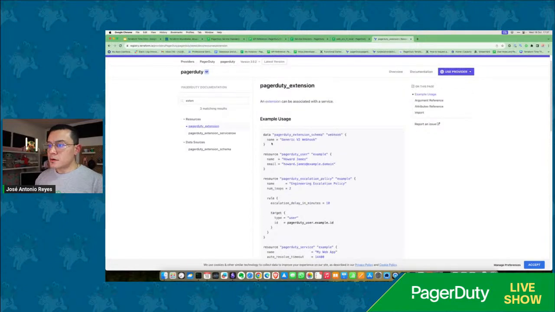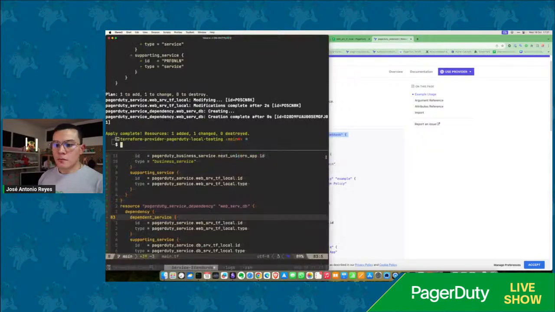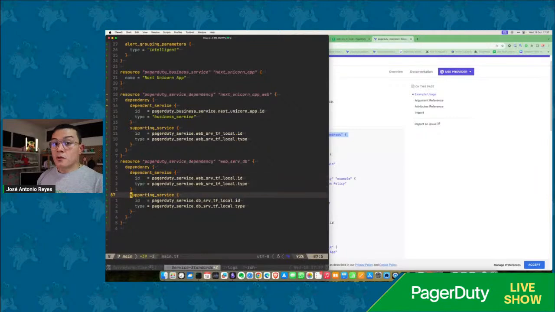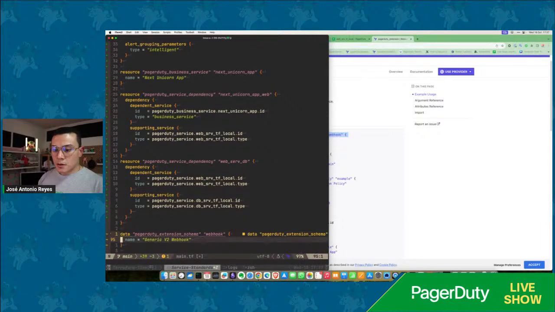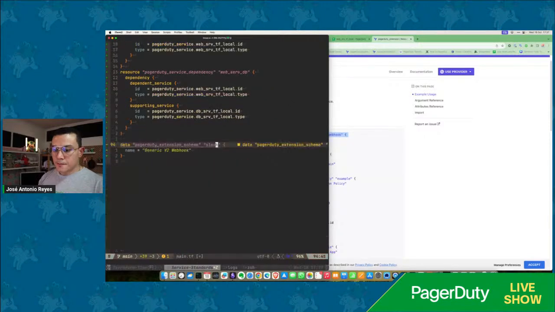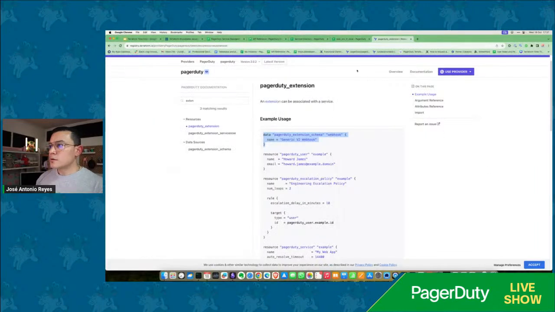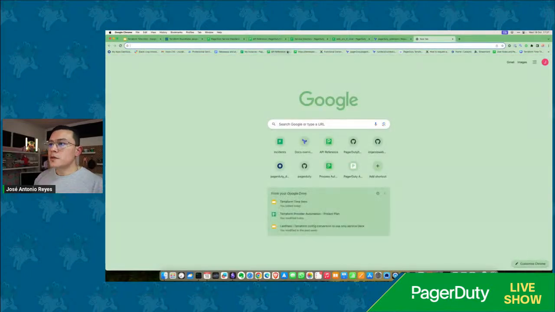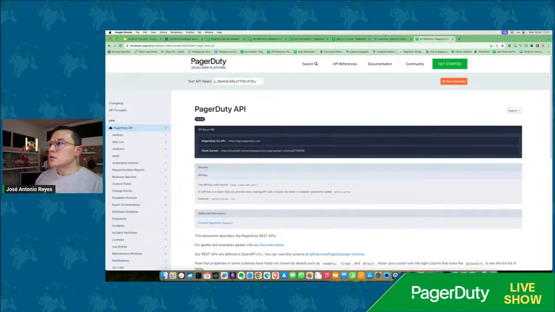So first things first is to grab the ID of the extension. For that, I'm going to set up a Slack extension. I'm going to paste this here. And I will say that this is Slack, and the name of this, well, in order to know the name of this extension,